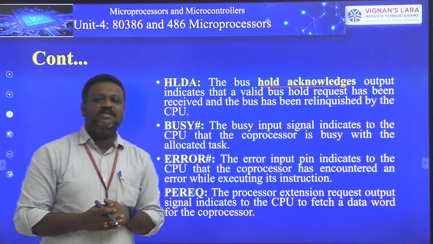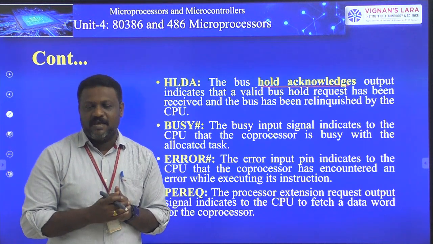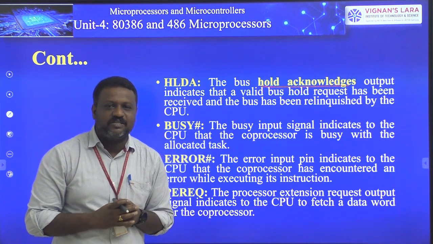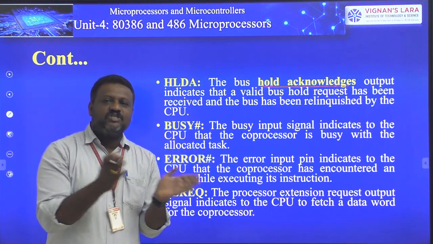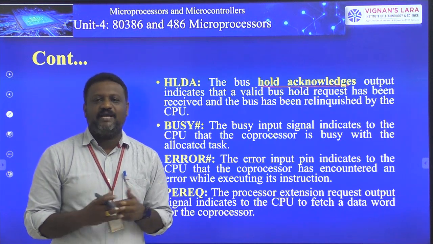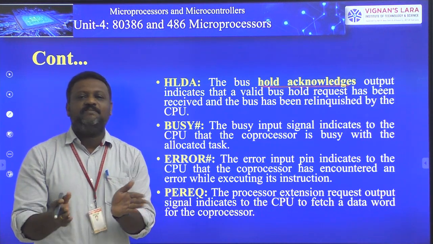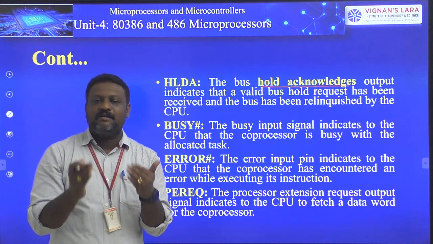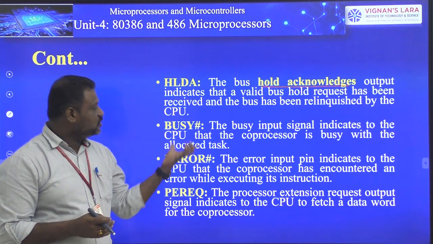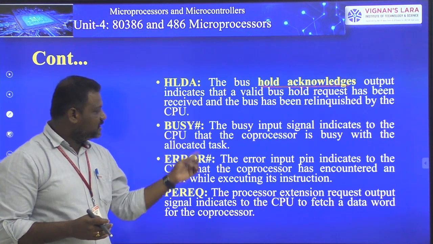Basically, in order to reduce the burden on 80386, we take the help of the coprocessor 80387, which is a mathematical coprocessor. Whenever your 80386 executes user-defined program instructions and identifies some instructions related to mathematics, it simply passes those instructions to our coprocessor 80387. Once your 80387 executes those instructions assigned by the CPU, if it identifies any error, it simply informs the processor with the help of this ERROR# signal. So this BUSY# signal as well as ERROR# signal are both active low signals because of the hash.